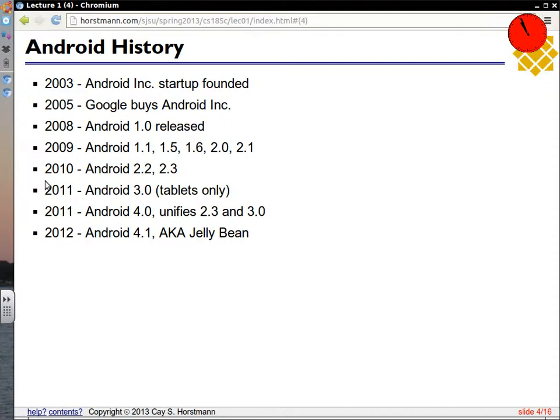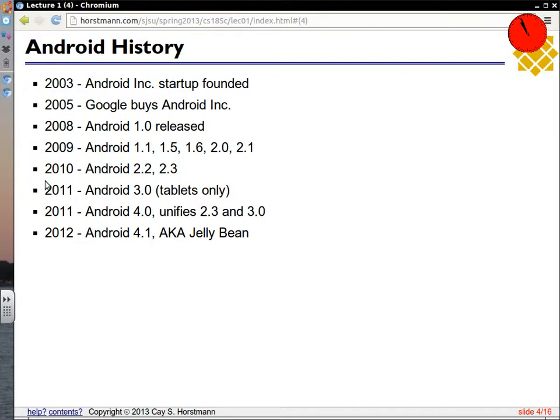So their idea was, what's going to happen if everyone starts using phones a lot more than their regular desktop computers? Now, in 2005, that was actually not an obvious thing to think about, because the phones that were available at the time were generally fairly primitive, and it wasn't clear that everyone was going to use a phone. But they somehow saw that trajectory, and so they said, we'll have to do something. And so, just kind of as insurance, they bought that company.